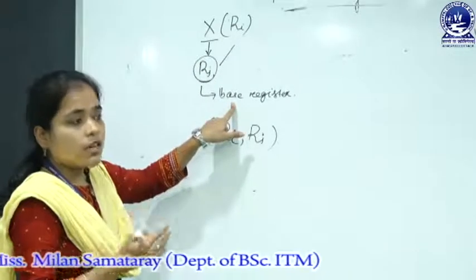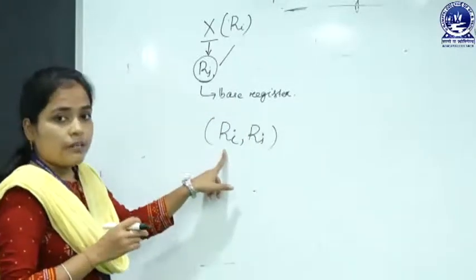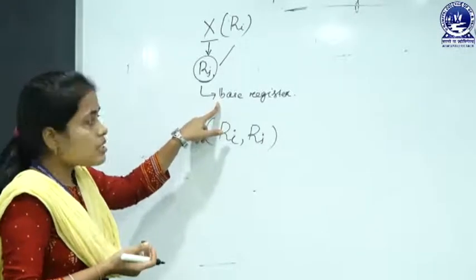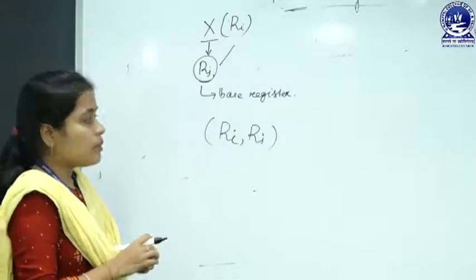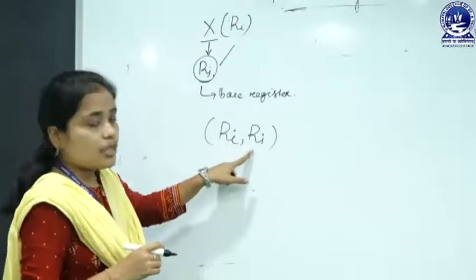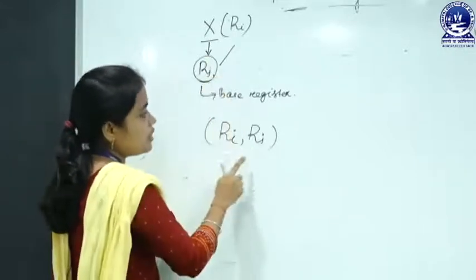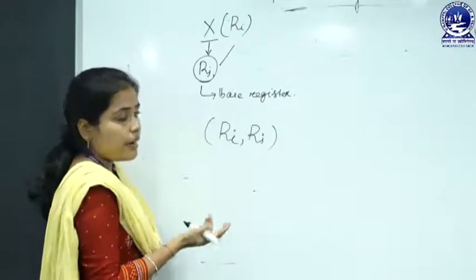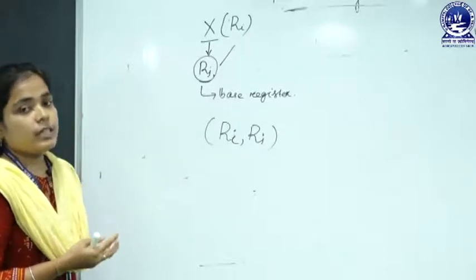So, in some questions you may be asked that to get the effective address by using the content of base register, what will be your answer? You have to write that to get the effective address, you have to add the content of base register with the content of index register, because the offset value is stored in base register and the other memory location is stored in index register. So, by adding both of the register content, you can get the effective address.